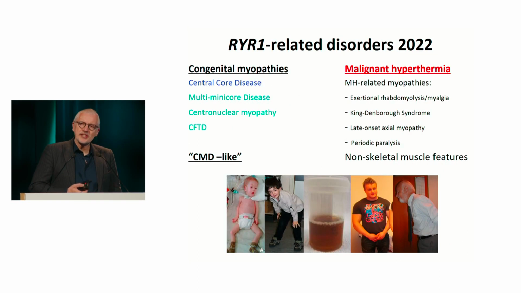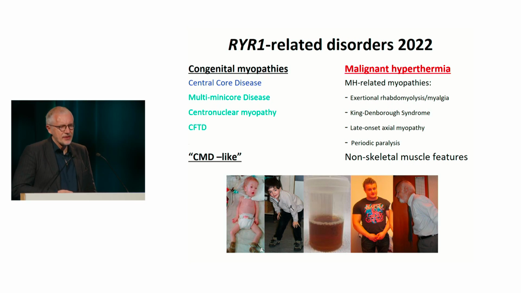And mutations in the ryanodine receptor have emerged as one of the most common causes of congenital myopathies and are associated with an extremely wide range of clinical manifestations. On one hand, you have a large number of both dominantly and recessively inherited congenital myopathies. On the other hand, you have a range of manifestations, some of them emerged more recently, which are associated with the anesthesia complication, malignant hyperthermia,